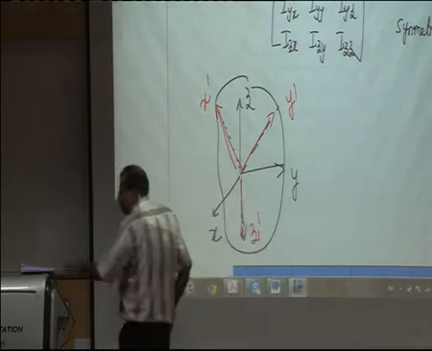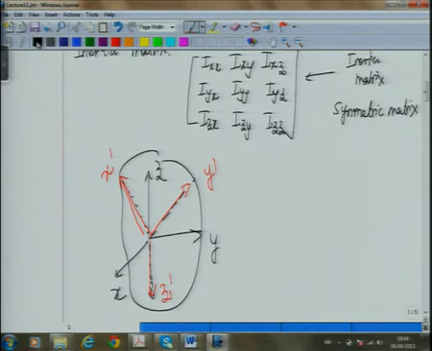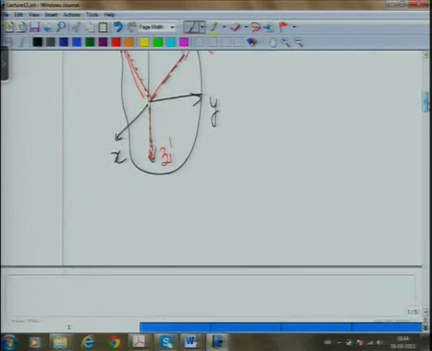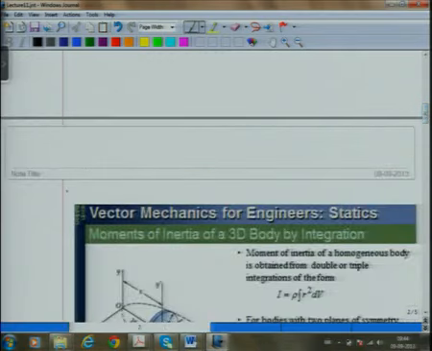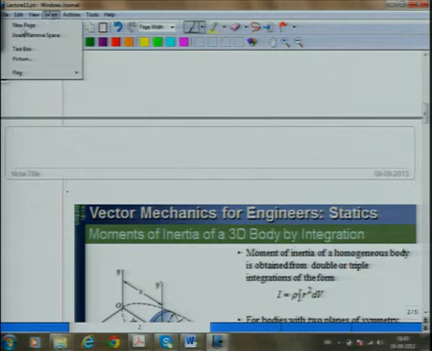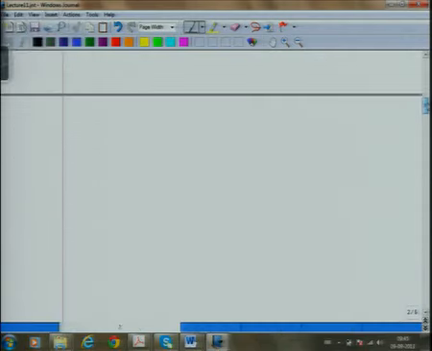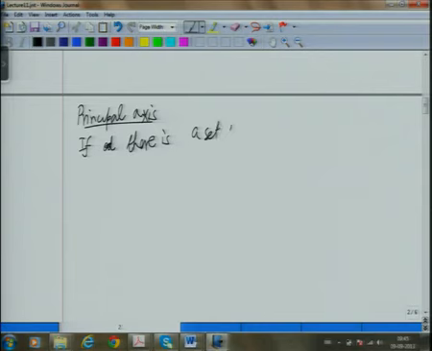But from here let me now try to come to the concept of principal axis. So, suppose there is a set of axes where the inertia tensor has the form